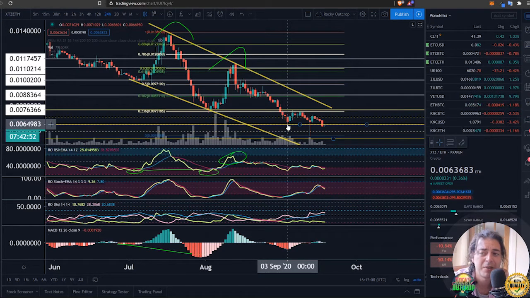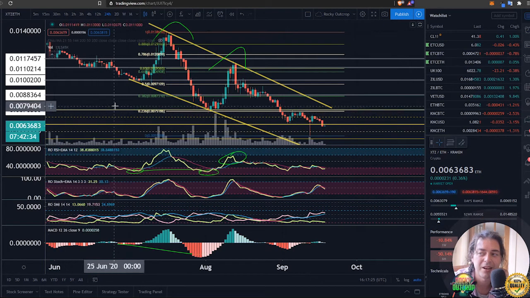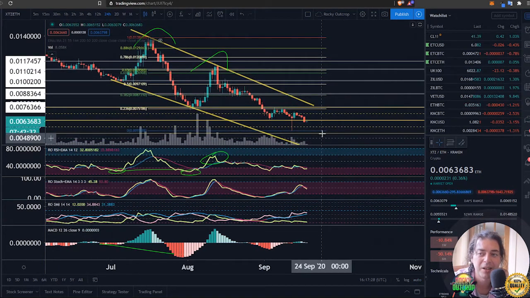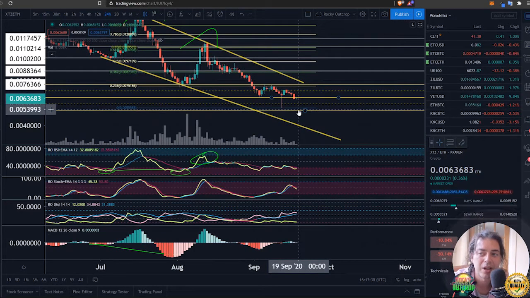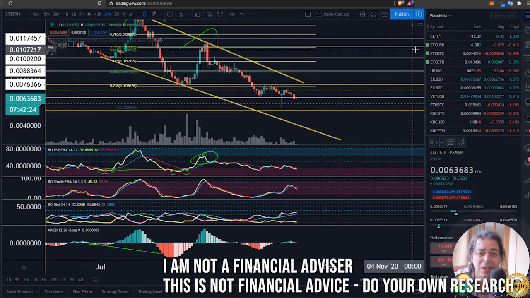Looking down here, when we came down towards this low, moved back up towards the top side of it, bang on, back down towards the lower side, resisted by the median line of it, back down towards the lower side again, pushed down past it, resisted by this line now. Will we see us dropping down to the next downward side target of 59, and perhaps ultimately looking down towards our previous lows here where this wick came in at the 55 area or so? So take a look out for that yourself. Anyway, I called this an Adam and Eve.